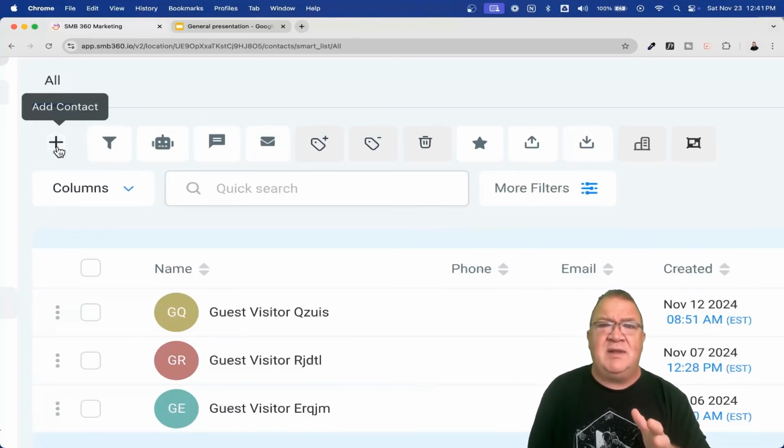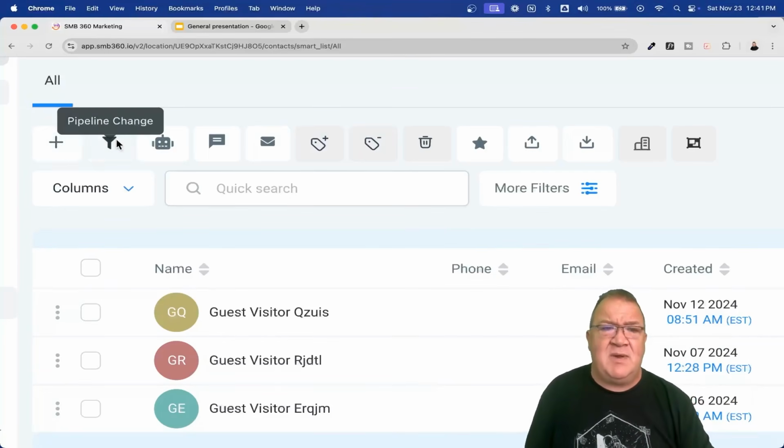So that's one of the great things about it. You don't need to manually create it unless you want to pull or import people into your system. And if that's the case, I'm going to show you a better way of doing that here in just a minute. Adding a contact really is only good if you want to add just a one-off contact. Other than that, there are easier ways of bringing contacts into High Level, because really that's a waste of time, seeing as there are several other automated processes that can help with that without spending the time to create contacts